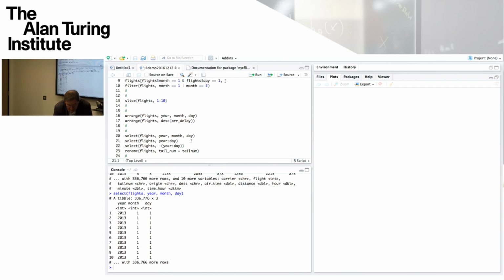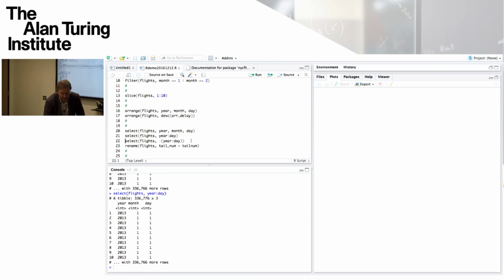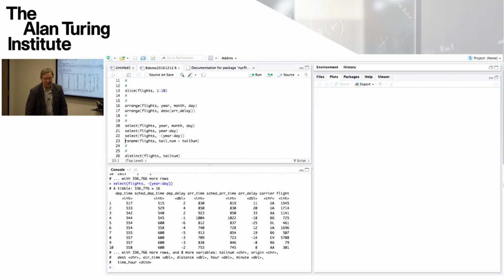You can either name all the columns, or you can name all the columns between year and day by using the colon separator. And you can also select all the columns except a certain subset with the minus sign. So you can select from the flights dataset all the columns except those between year and day.